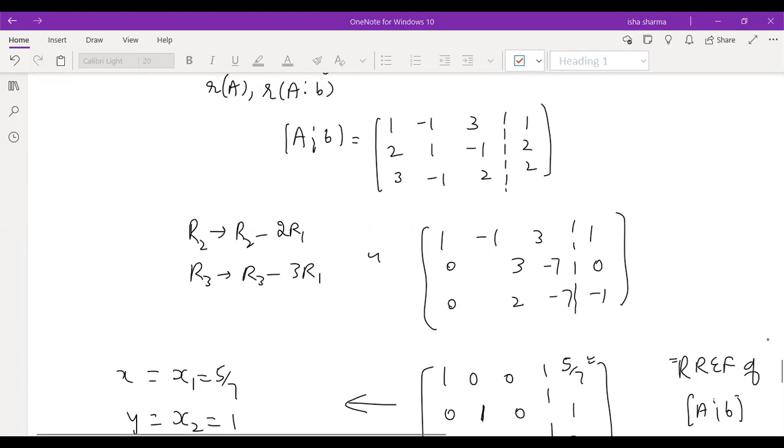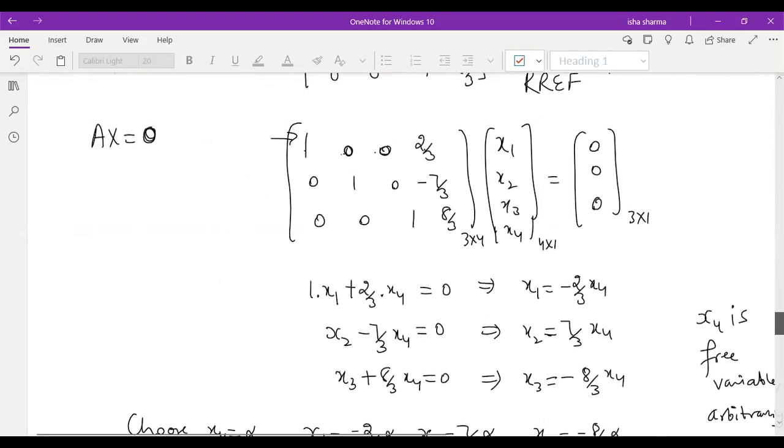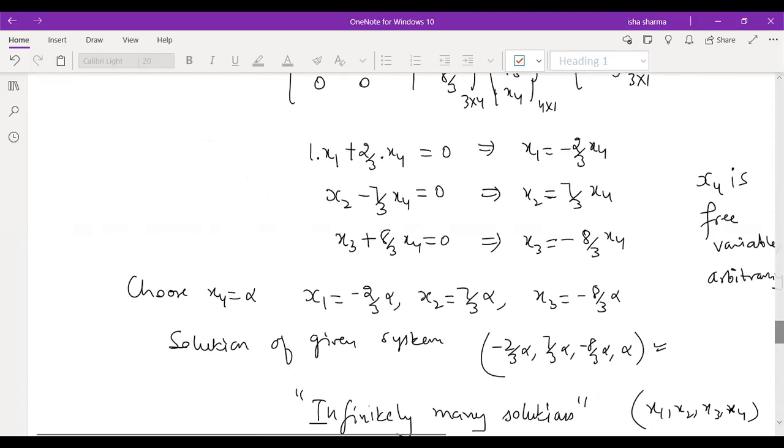Ma'am, in the previous example, x1, x2, x3, three values came, but there we did not consider infinitely many solutions. No, where is 3? I mean three values came. Are you talking about this one? Yes ma'am. Here we considered infinitely many, right, because it is coming in terms of x4? Look at the final answer: it is -2/3 times alpha. Alpha can be x4, an extra variable. When in your system one of the variables is expressed in terms of another variable, then you always have infinitely many solutions, because x4 has no fixed value. x4 is a free variable, it can have any value. So it depends upon what value x4 takes. Put x4 as 0, you will get one solution. Put x4 as 1, you will get another solution. That is why there are infinitely many.